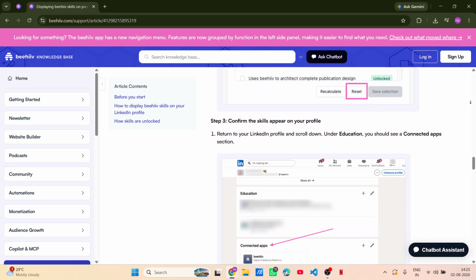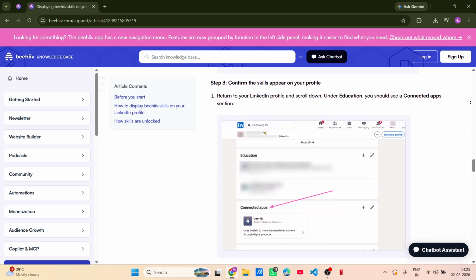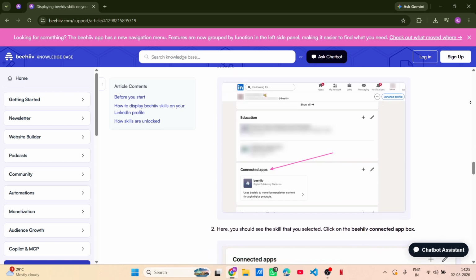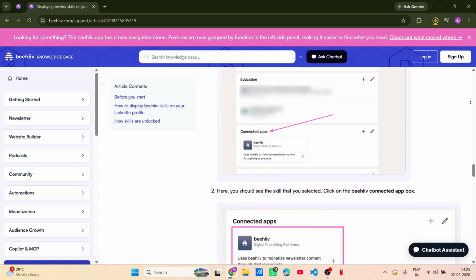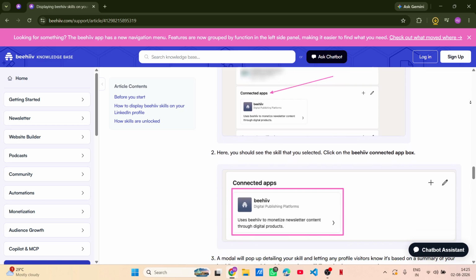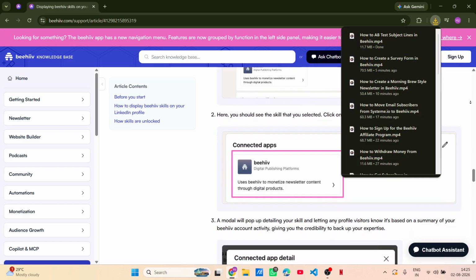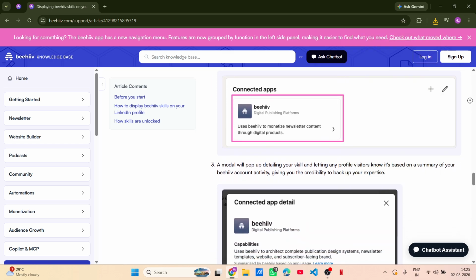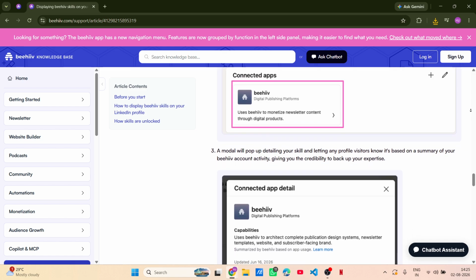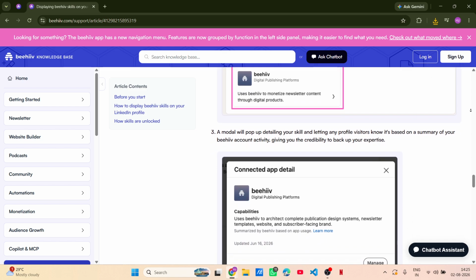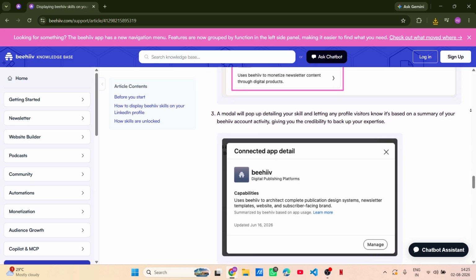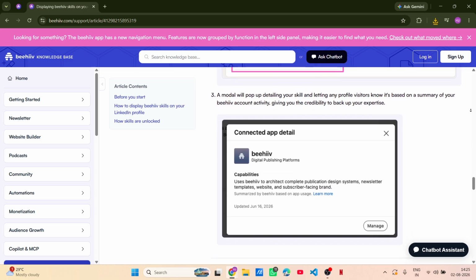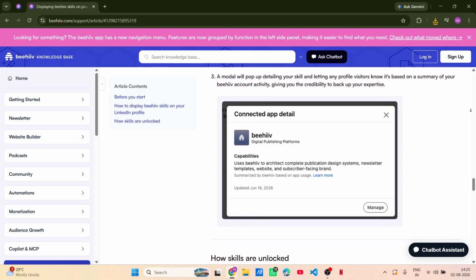Now, return to your Beehiiv account and grab the URL for your newsletter. You can find this in the settings menu or on your dashboard, depending on how your platform is arranged. Once you have the link handy, paste it into the LinkedIn Add Link prompt. It's a great way to drive traffic to your newsletter directly from your professional network. Don't forget to include a catchy title and description that explains what your newsletter is about and why people should